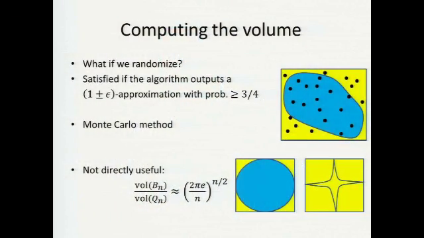What does this large mean? Let's say a constant fraction, that's the easiest, or a 1/polynomial in n fraction. Then you can just look at some logarithmic, log n, number of random locations, and that gives you an idea of what the total number of ones is. So we'll try to use randomization for the volume problem.